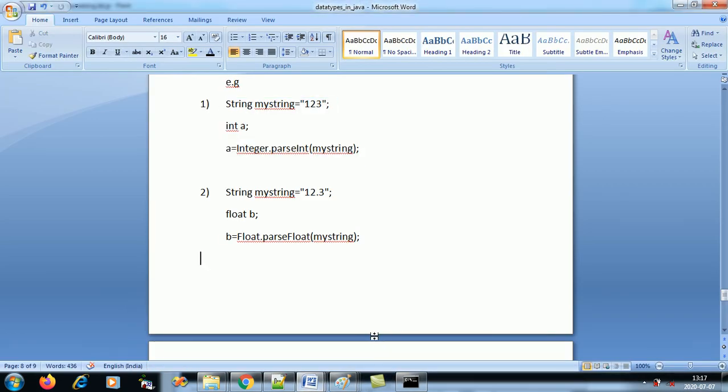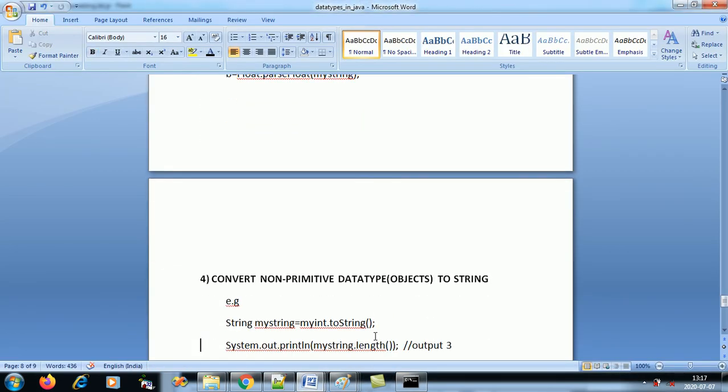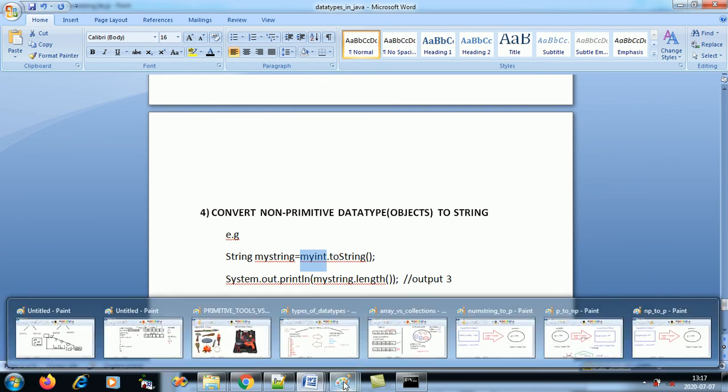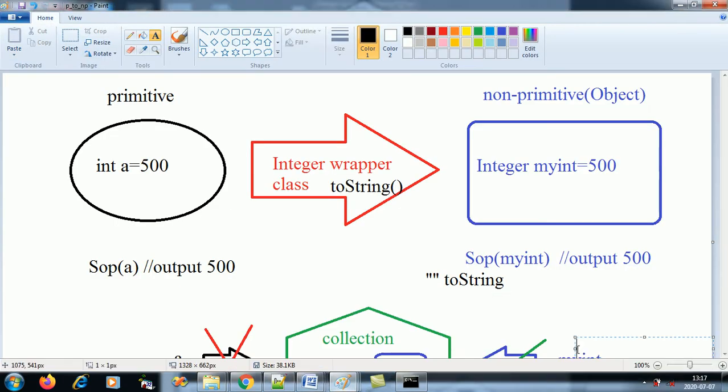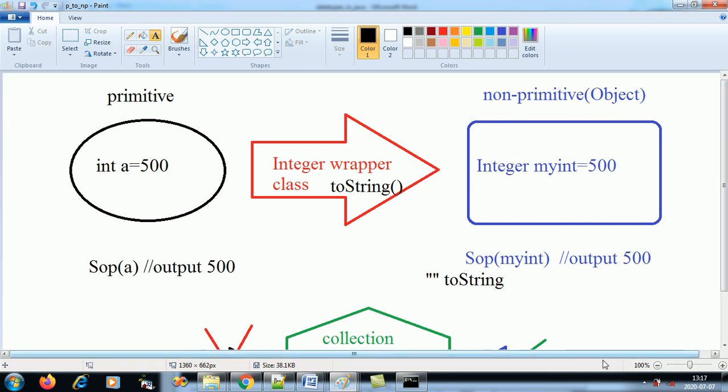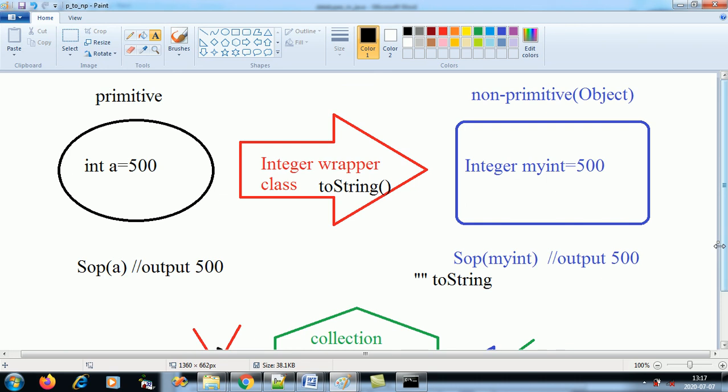And the fourth use of your wrapper classes is you can convert an object to a string. So once I have got my int object, I can further convert this int object to a string.